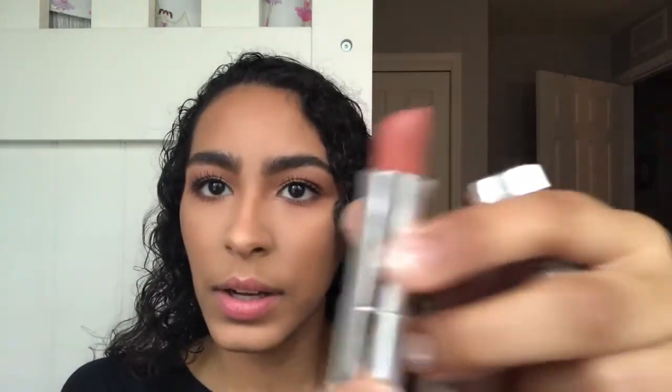Okay. So I have two go-to lipsticks. They're both by Maybelline. Same collection. Pretty much the same color. And I'm out of breath because I just ran down the stairs. My favorite one is this one. It's 656 Clay Crush Matte. It looks like this. Really pretty, super natural, and I don't even use a lip liner. I just put it straight on to my lips. And